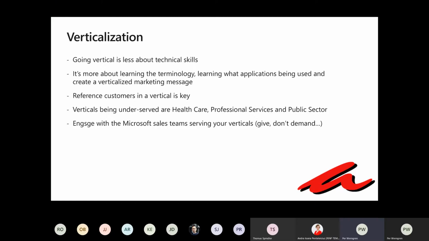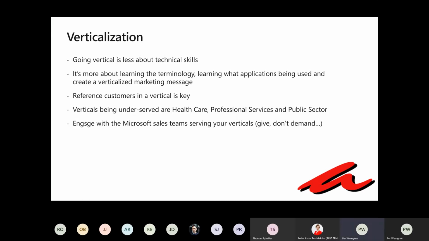And when you have discovered your verticalization, you should talk to the Microsoft salespeople that are engaged in these verticals. It often starts with you discovering one person, and then you ask that person if you can get introductions to the other members serving that vertical.